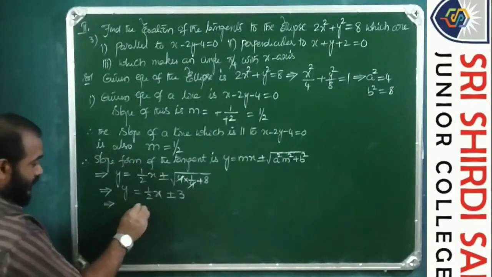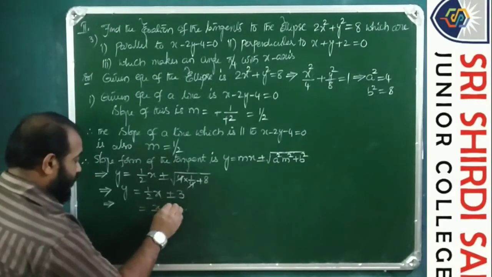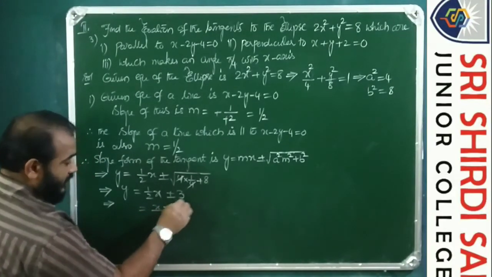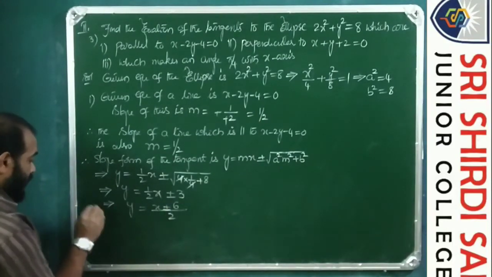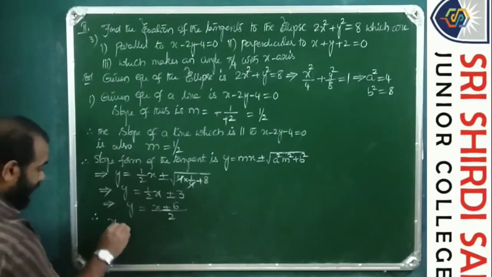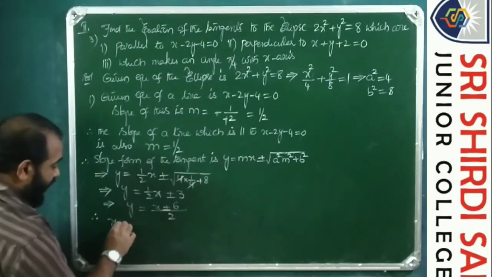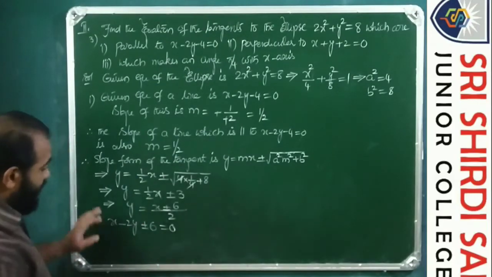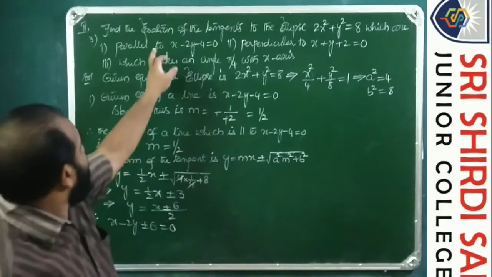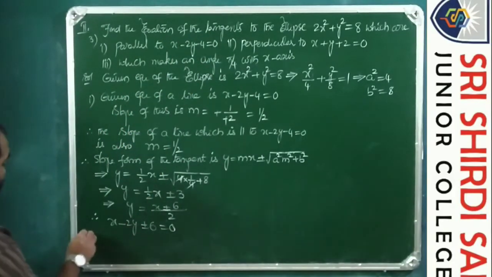So if you take the LCM 2 here, then this is x plus or minus 2 times 3, 6, equals to 2y. Therefore, x, this is 2y, if you take to that side, x minus 2y plus or minus 6 equals to 0 is the equation of the tangent parallel to this. And the second one is,